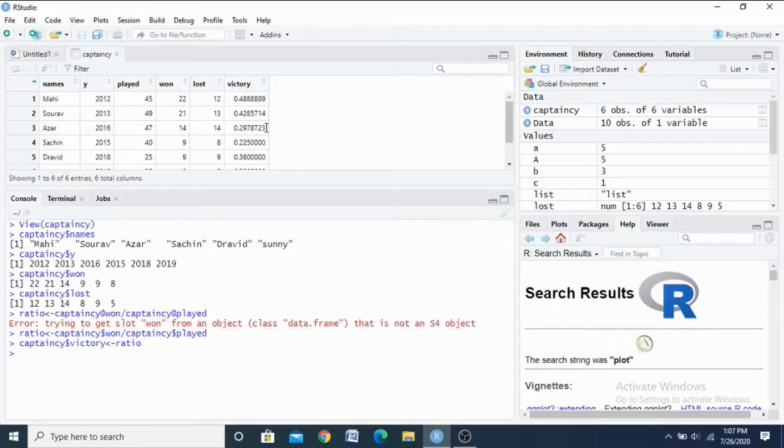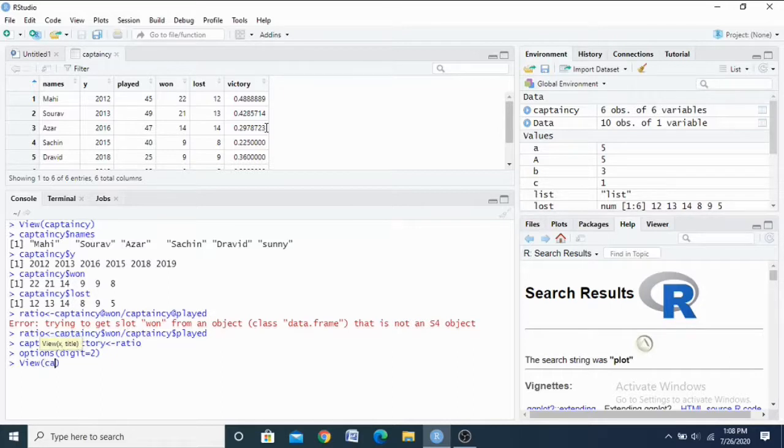Then I'm moving to some other options. For example, options of digits equal to 2. Because I have calculated the victory ratio and included it, using options of digits equal to 2 means it will show the fraction as only a 2-digit value.